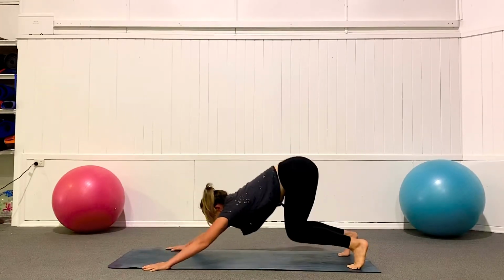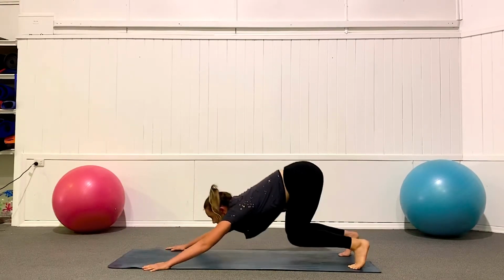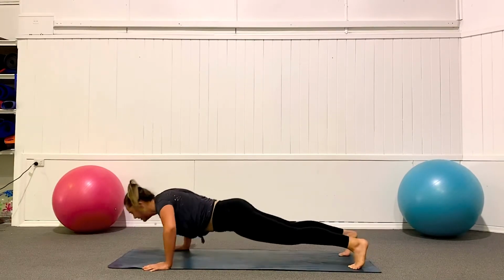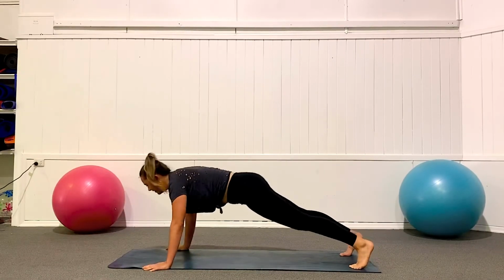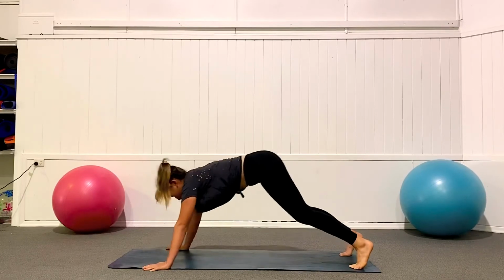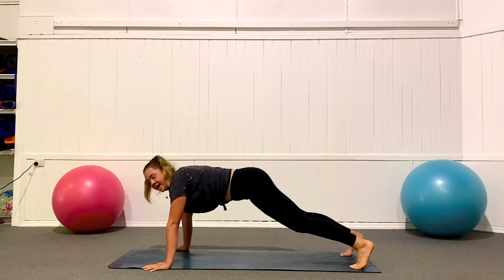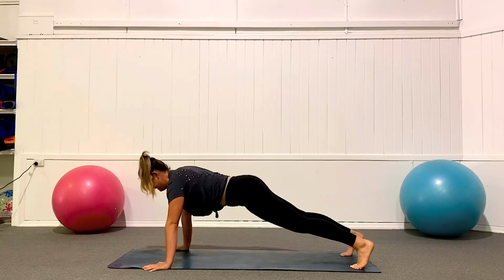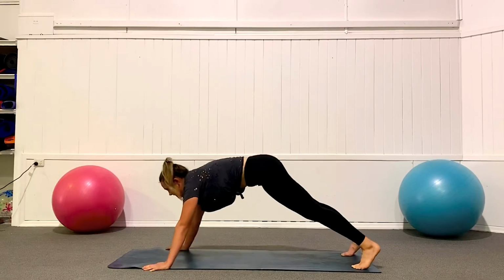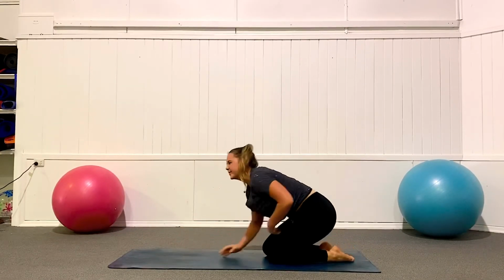7, come with me, we're nearly there. 6, 5, if you're on the knees there, I challenge you to bring it up for the toes for the last 4, 3, push yourselves, we have our last 2, keeping it strong for the last 1 there. Bring it onto the knees,